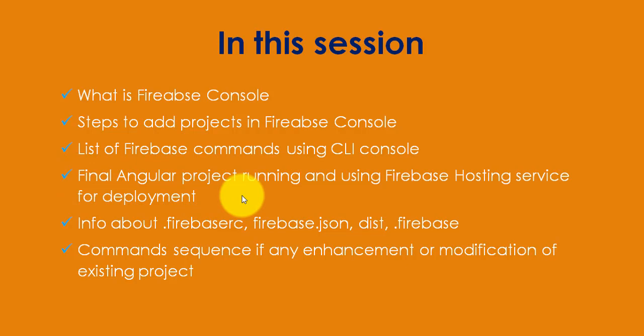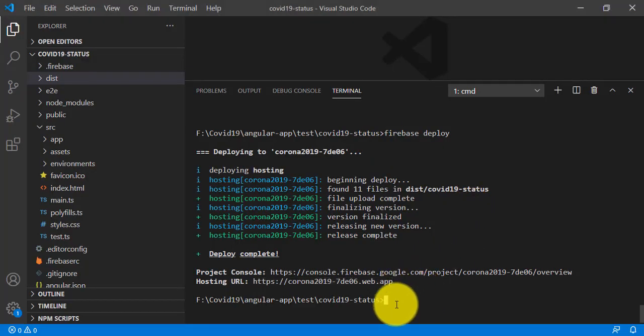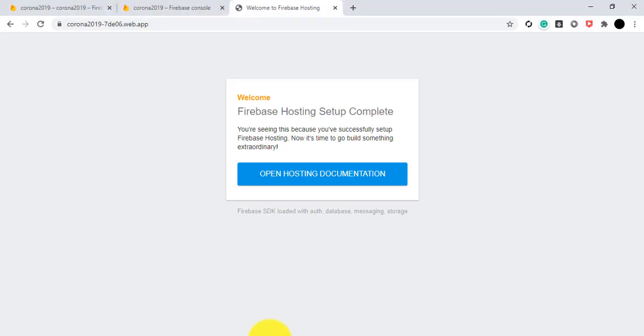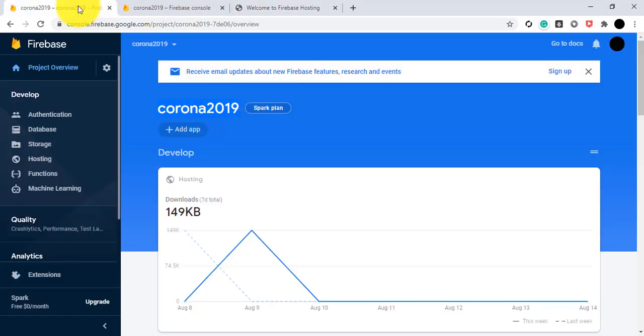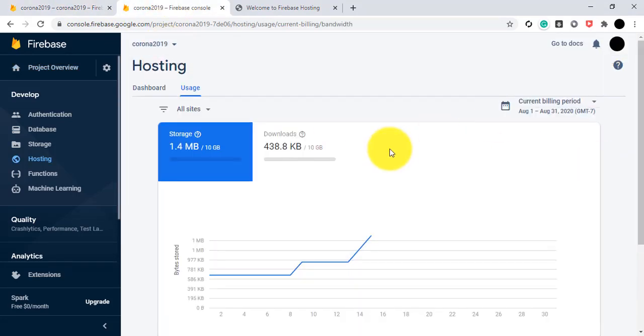So as I already told you, after executing all commands successfully, you will get your project console and get your hosting live URL. And how to check it using your Google Firebase console, and what each of the usages you have used is, and the storage related information you will get here.